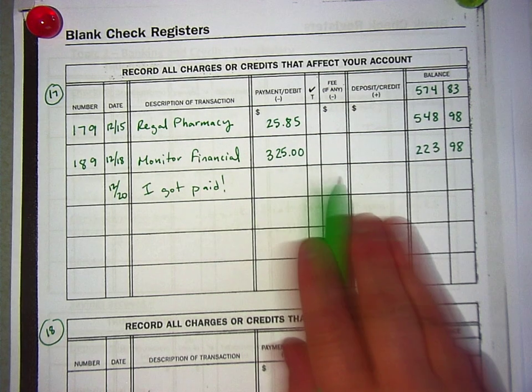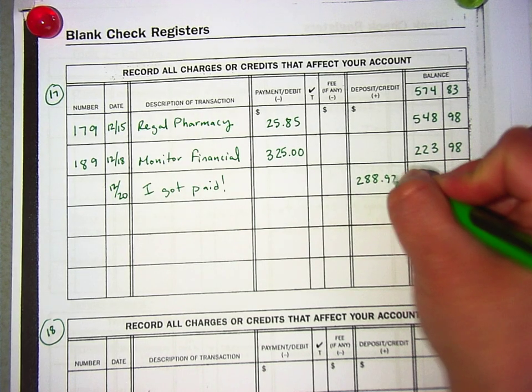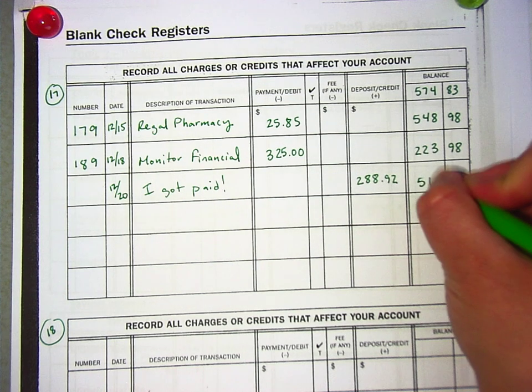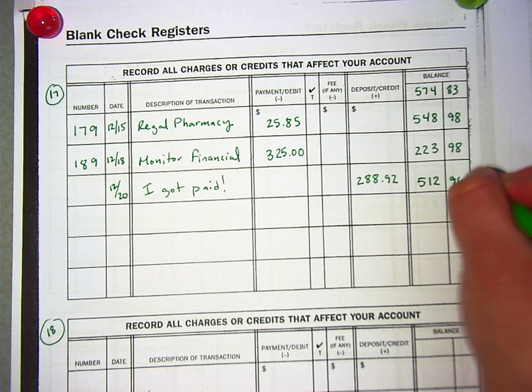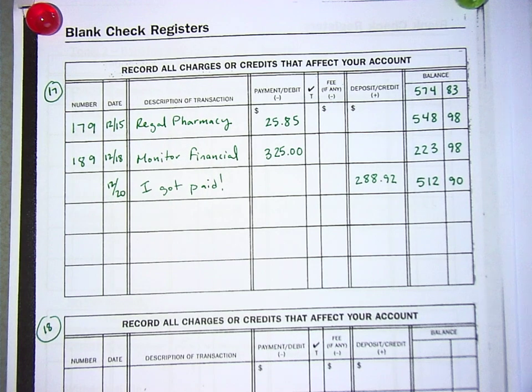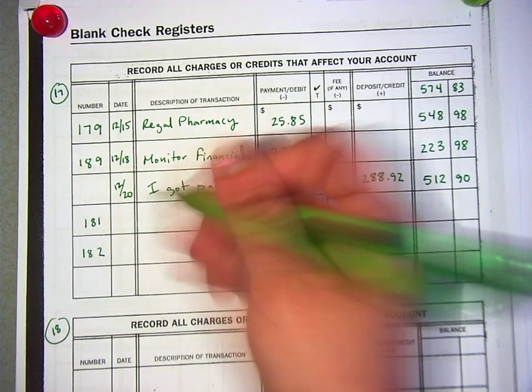I'm not going to put anything under the payment section. Instead, I'm going to go over here to the deposit section and write 288.92. And this time, what am I going to do? Add it. $512.90. All right, and then we've got 2 checks. I'm going to enter those ones kind of at the same time here. I got check 181 and check 182. These were on December